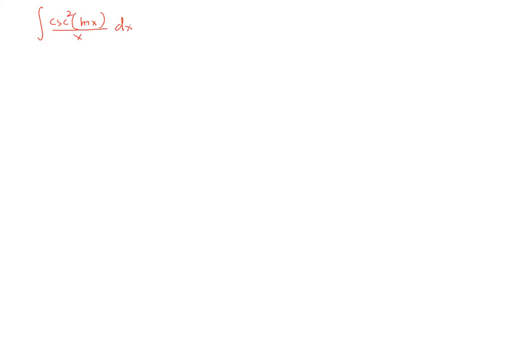Well, first we're going to start with the substitution u is equal to ln of x. Then we know that du is going to be 1 over x dx. So here's your du. Okay, so this is going to be cosecant square of u du. And now we have to think, have we ever seen cosecant square as the derivative of something? Well, we know that the